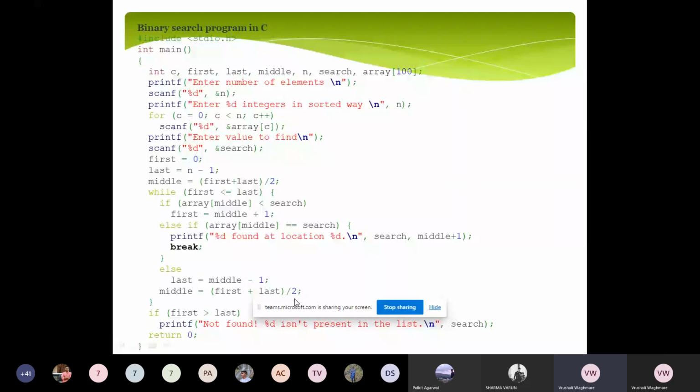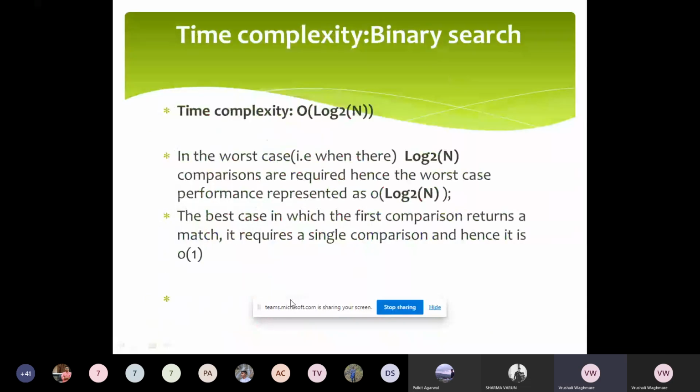We have taken this example also. हमने for loop का एग्जाम्पल भी लिया था, वहां पे हमने लिया था n is incremented by n by 2. वैसे ही यहाँ पे फर्स्ट प्लस लास्ट बाय 2 से इंक्रीमेंट हो रहा है ये. So the time complexity of this binary search algorithm is order of log of n. इसका time complexity क्या रहेगा, it is divided by 2 है इसीलिए log base 2 of n रहेगा.